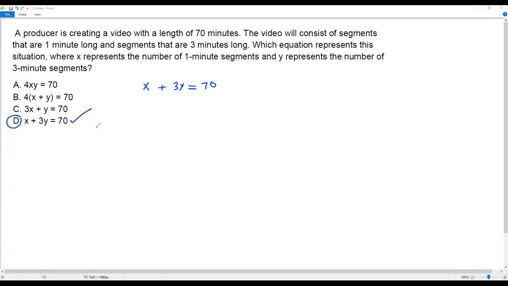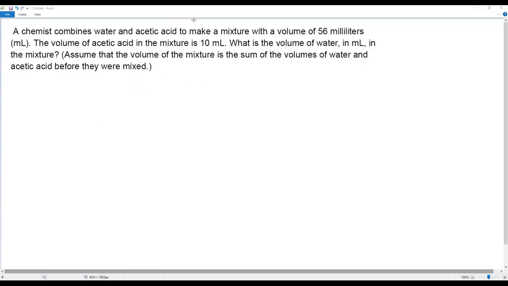Okay, now let's look at the next problem. A chemist combines water and acetic acid to make a mixture with the volume of 56 milliliters. The volume of acetic acid in the mixture is 10 milliliters. What is the volume of water in milliliters in the mixture? Assume that the volume of the mixture is the sum of the volume of water and acetic acid before they